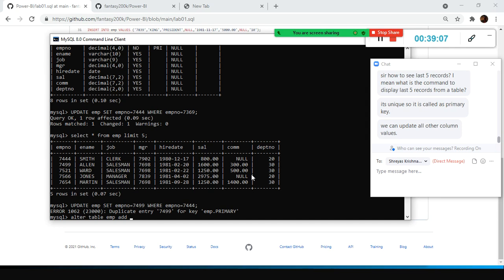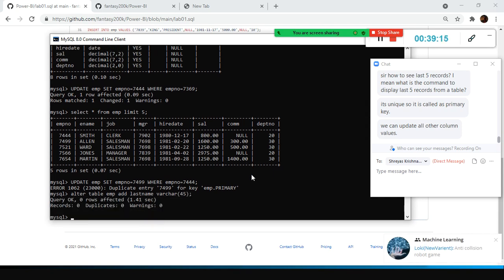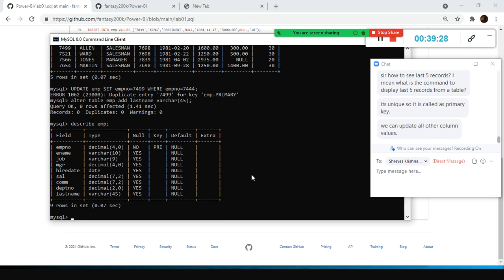Add last name, varchar of 45 or something like that. We are able to add, we did not get any error. How do I check whether this new column got added in my table? Karthik? Describe. Yeah, describe. That's it. The last name got added in my existing table.